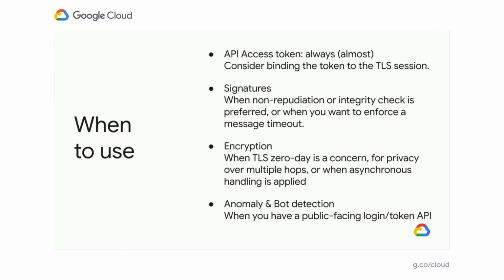Encryption is useful when a message may be passed around between multiple systems in an asynchronous manner, or for the most sensitive data that you want to ensure that even if the wires are compromised, the content is still secure. This can also be used to ensure that messages are secure even when written to disk or if they're inadvertently